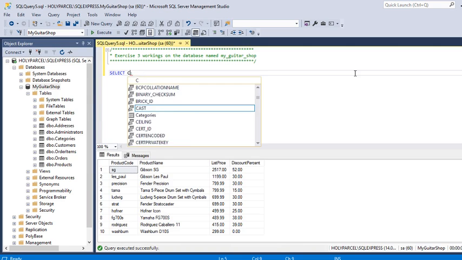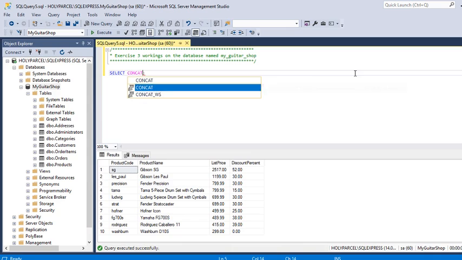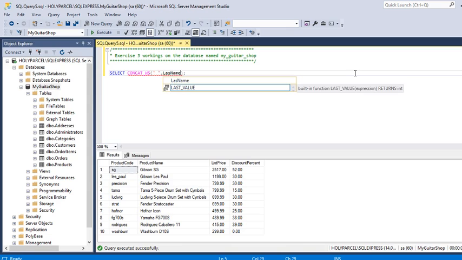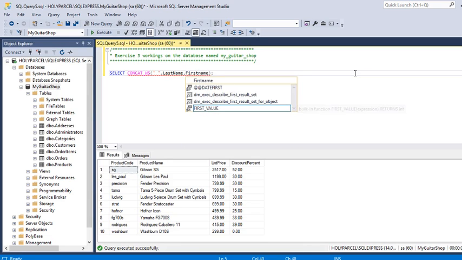That means we need a concat with a separator. And what are we separating by? The first one, just a space, last name, and then first name as full name